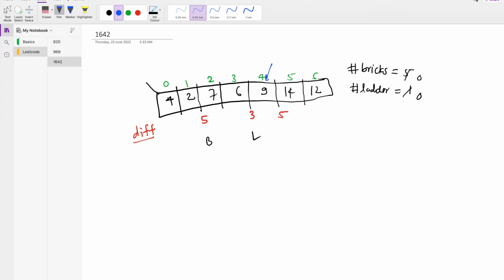As per the question, you can see that we have three options only. Either we don't use anything. Here from 4 to 2 it's a decrease in height, so we don't use anything, and in some places we can use bricks and in some places we can use ladders. So we have to use bricks and ladders in such a way that we can reach as far as possible. So one simple solution would be